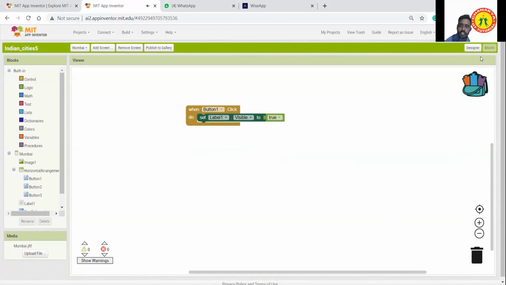Sir, next, could we do a thing where, if the button is clicked, only then it will show? No need. This is for button 1. When button 1 is clicked, set visibility on. Simple.